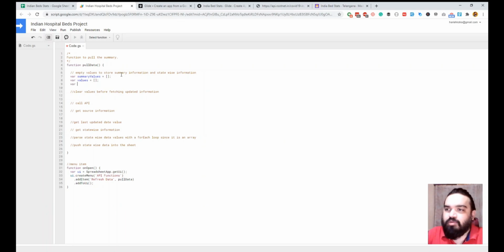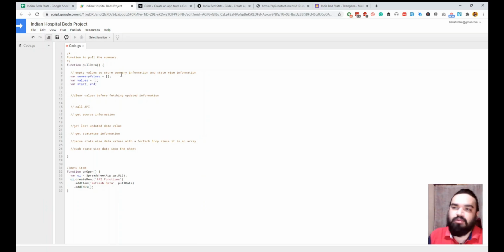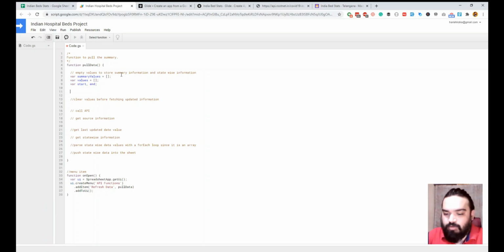Then, to be able to delete rows that are already filled while leaving the first row so that the header stays intact, I'll show you how to do that. For now, I'm initiating start and end values as variables. And now the next step is, let's get the spreadsheet that we are going to work with. For that, the API is SpreadsheetApp.getActive.